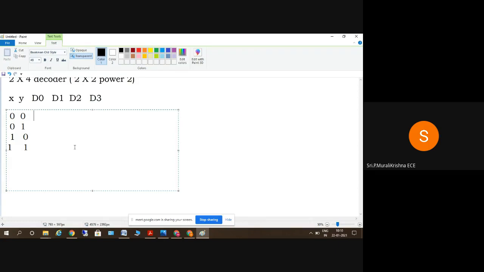So for 0 0, d naught is equal to 1 and the remaining three outputs are zeros. Similarly, for 0 1, d1 is equal to 1 and the remaining are zeros. For 1 0, d2 is 1 and the remaining are zeros. And for xy equal to 1 1,